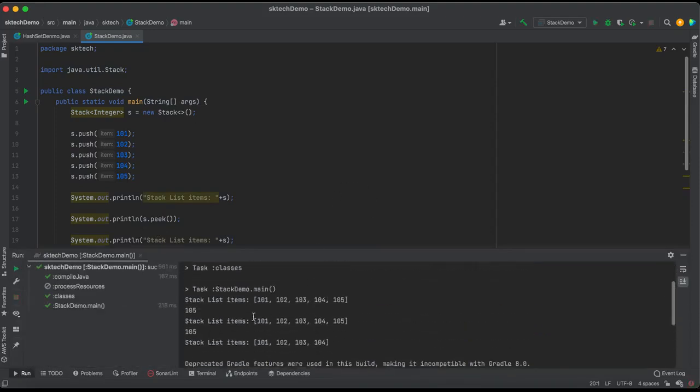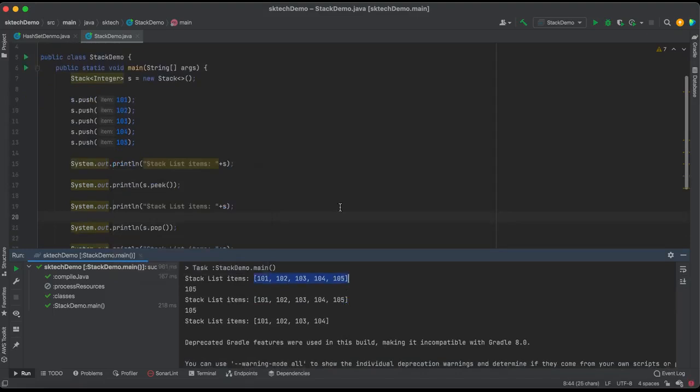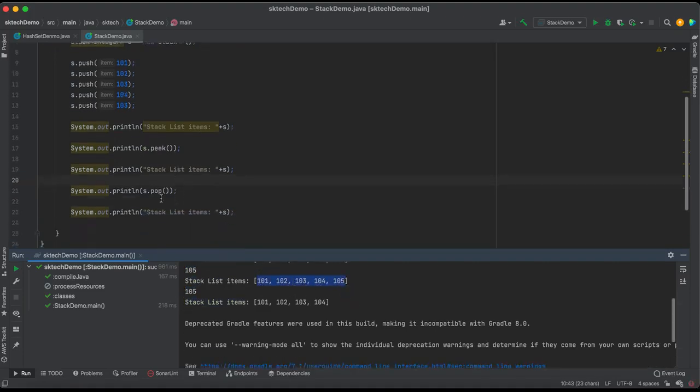Yeah, so if you can see here, this is the original list. It has all the elements. When we performed the peek operation, it just returned the top element, that is nothing but the last one we inserted, 105. So this element has been returned. After that we have again printed the list. If you can see, this list is not affected, all the elements are still available inside the stack list, right? But when we perform the pop operation, it has given the top element from the list,